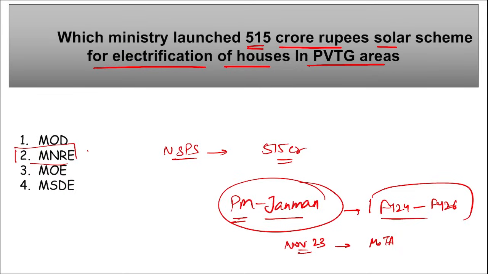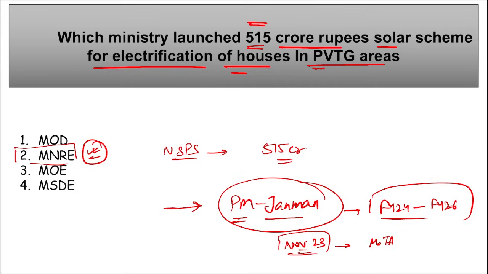So coming back, it is Ministry of New and Renewable Energy. They have launched this 515 crore rupees worth solar scheme for electrification of the houses in PVTG areas. That is, PVTG stands for particularly vulnerable tribal groups. This scheme was launched under PM Janman scheme, and this PM Janman scheme was launched for the fiscal year 24 to 26. The aim of this PM Janman scheme was to help the tribal groups and make their lives much better, and this was launched in November 2023,